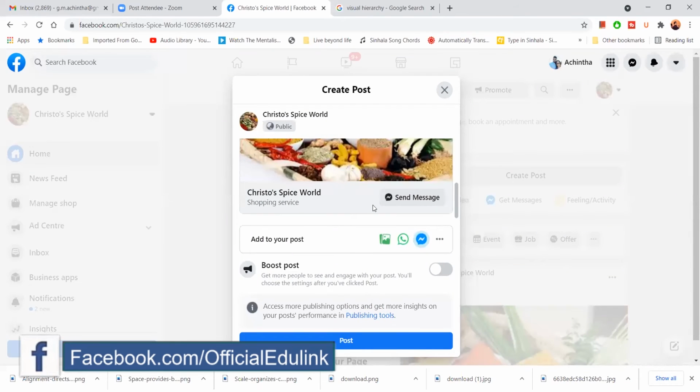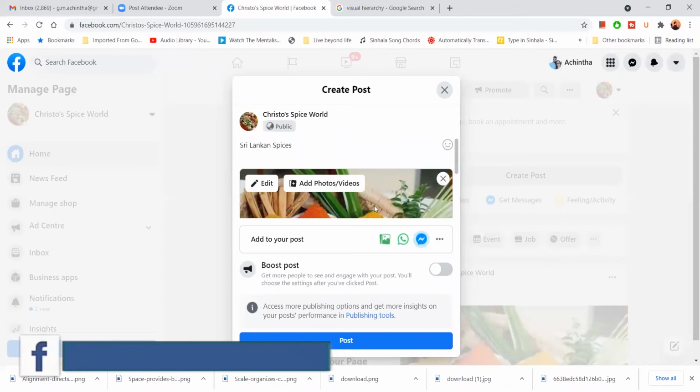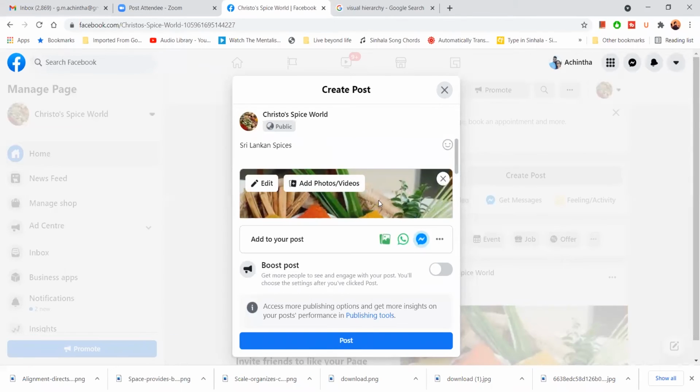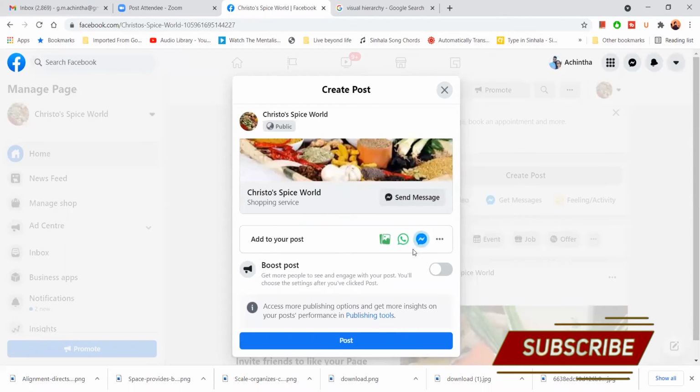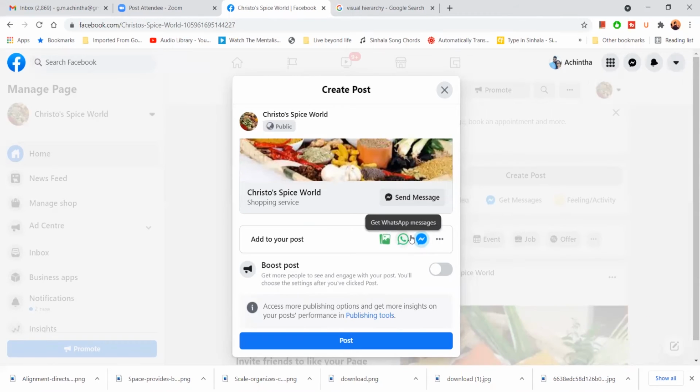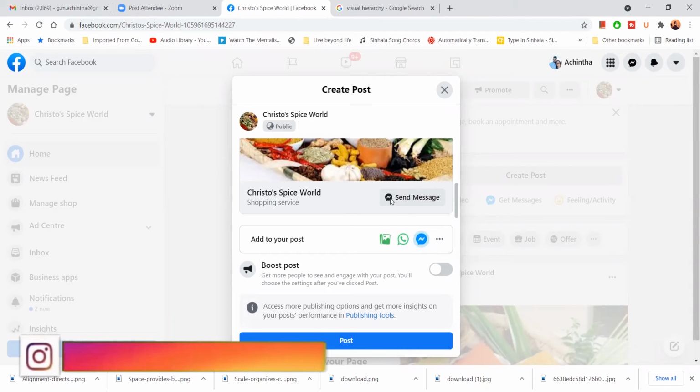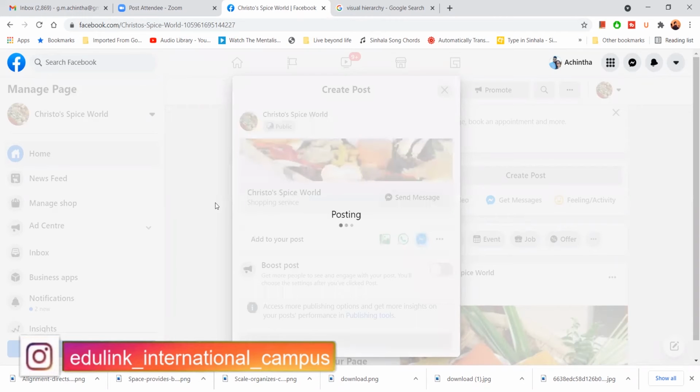When you're doing Facebook marketing and all these things, you have to be updated. You have to be moving forward with the platform itself, because Facebook itself changes certain things from time to time so that they are updated on the latest trends as well. These things, earlier, were for ads only. Now they've brought it to the normal posts as well, so that businesses can take their businesses to the next level with Facebook itself, right? So let's leave a send message button there, and we'll post it,